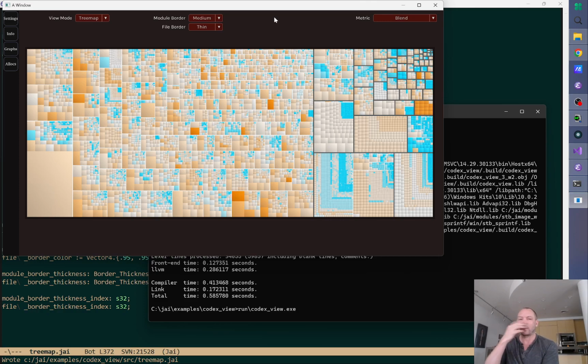What if it's, okay, how about this? I'll see you that idea and raise you the following idea. It's a drop down with 3 choices. No borders, module borders, and module and file borders. I think that's better, because who the fuck wants to do this? Like, this is fine for us right now, but